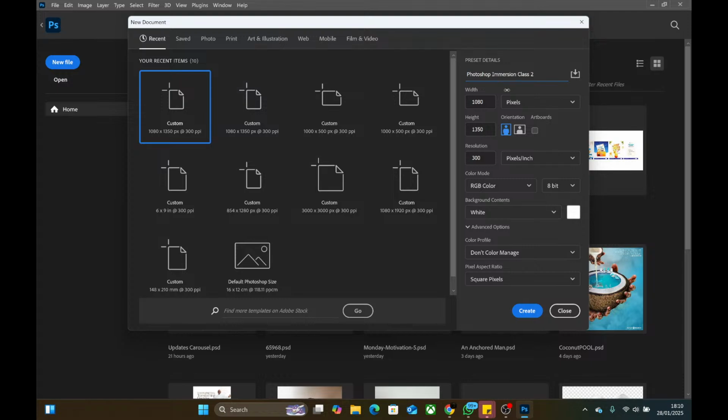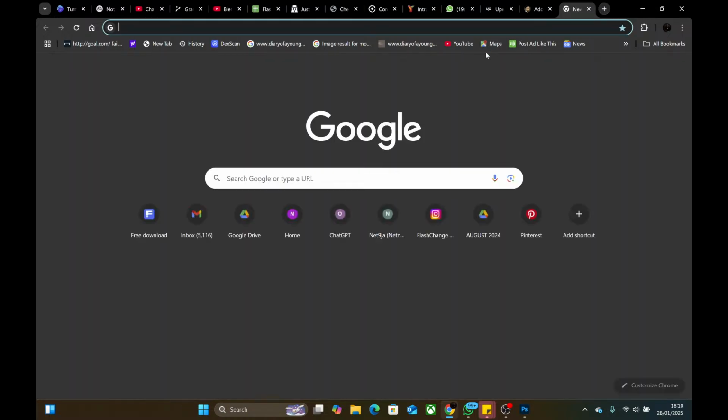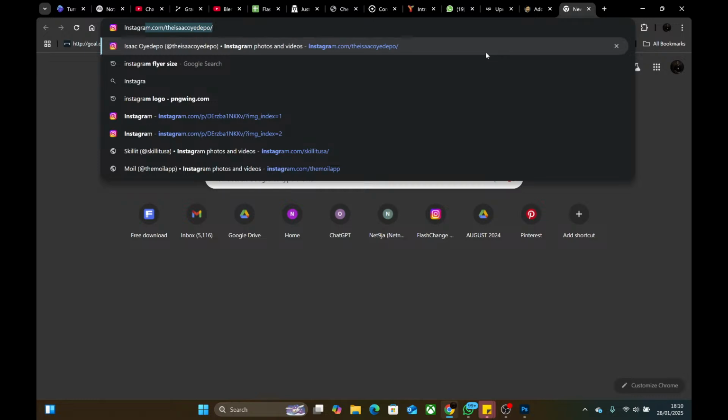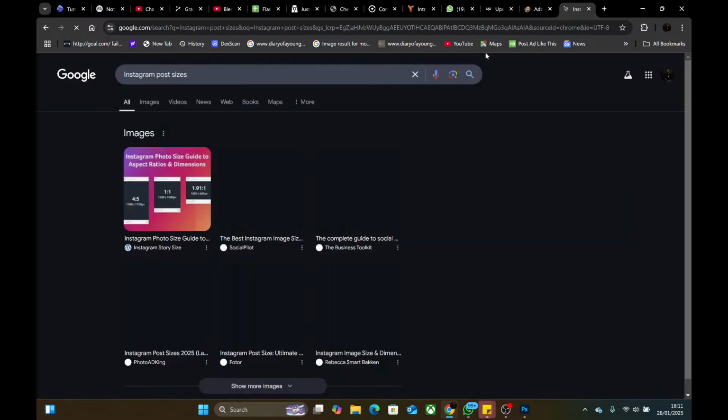Then we want to create it for Instagram post, as a portrait post on Instagram. If you don't know the size, you can easily just go on Google like this, and then you check, you say Instagram size or sizes, and then Google will give you results of what you should do.